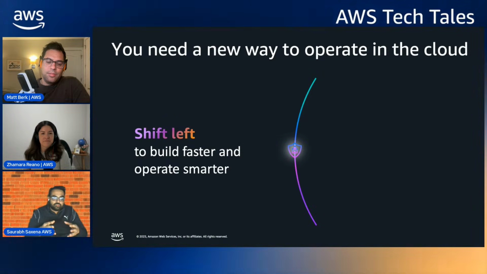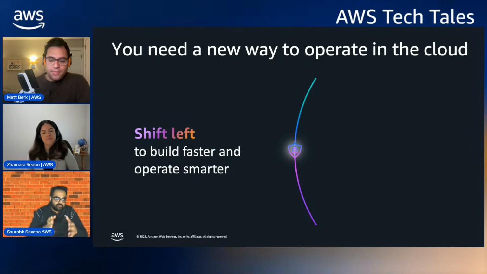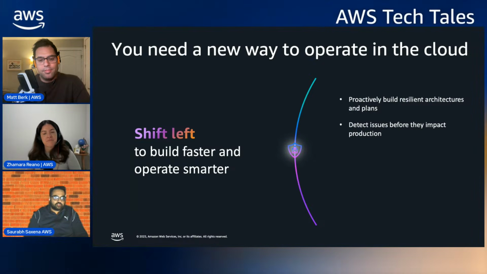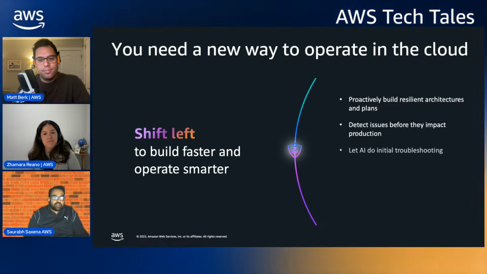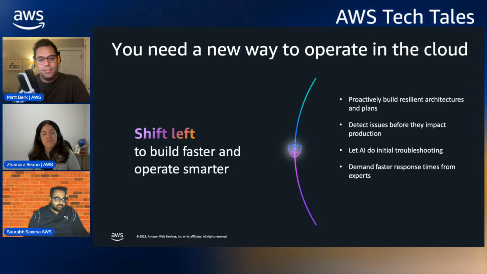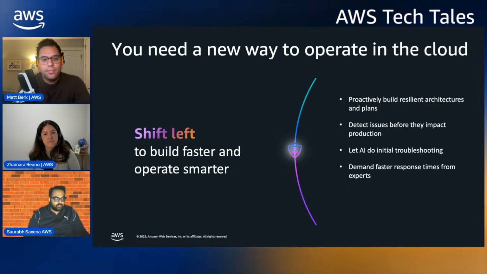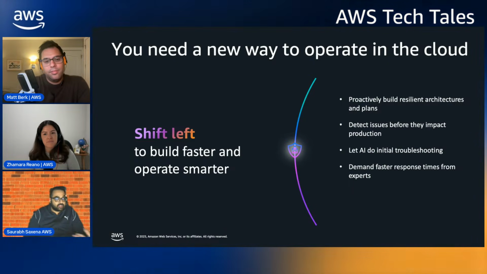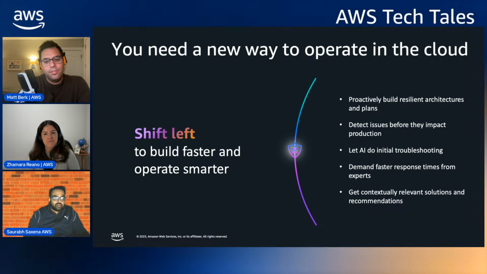The one thing we say a lot is we shift left, which is we want to help customers shift left of that wall where they have to call us, right? Be more proactive, partner with them to detect issues before they impact, proactively build resilient architectures, use AI as much as possible, use it as a tool to do all the muck, all the grunt work, all the pieces where humans are basically being more laborious than actually intelligent and analytical, and get you experts who can actually help you solve problems.